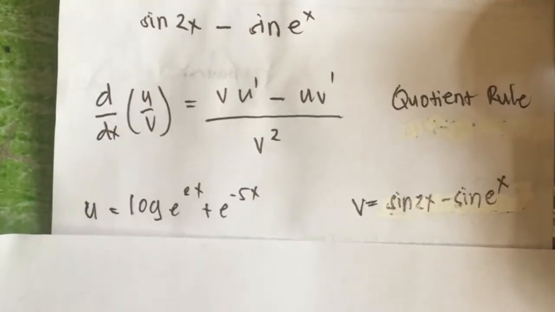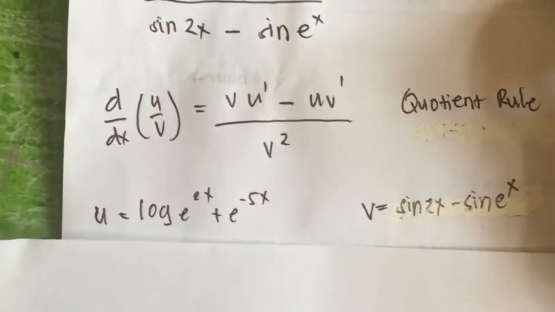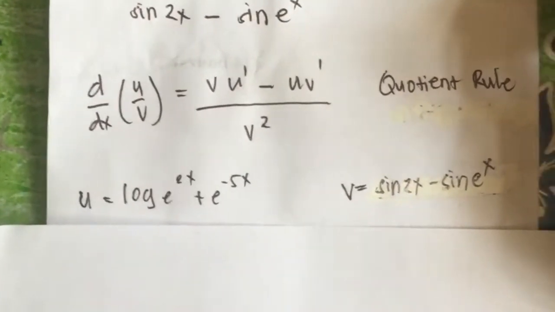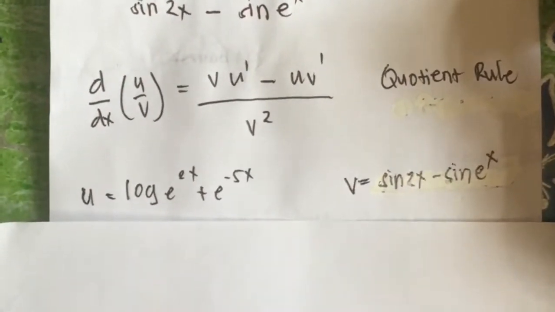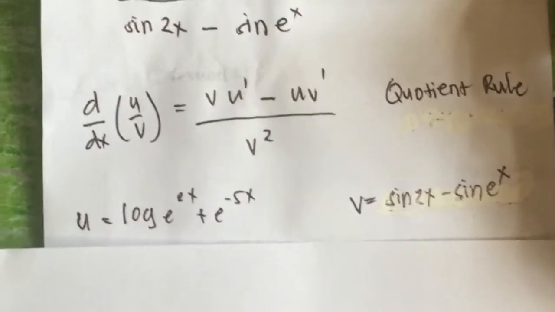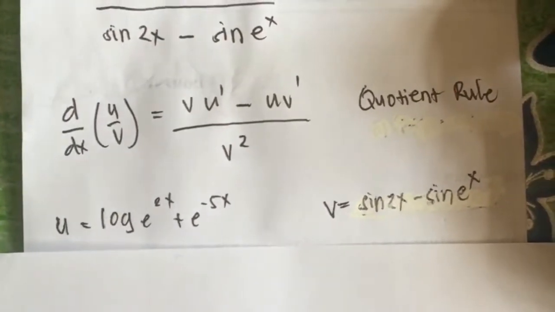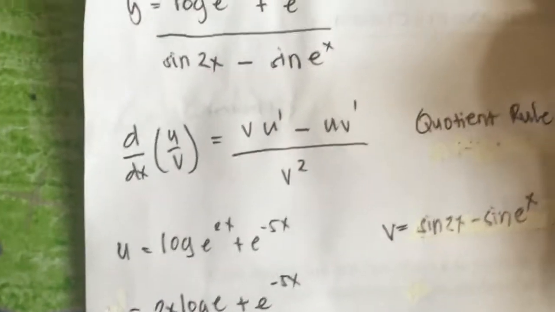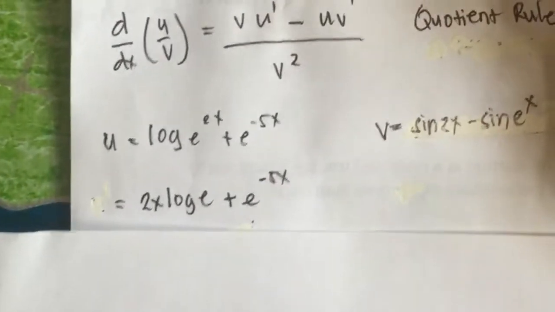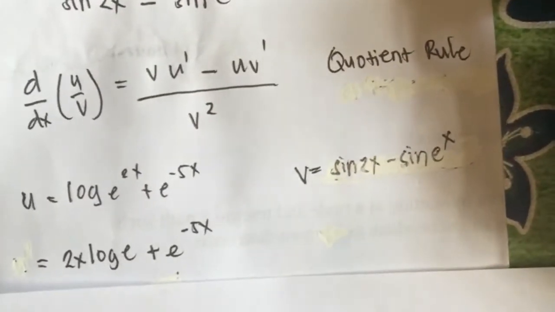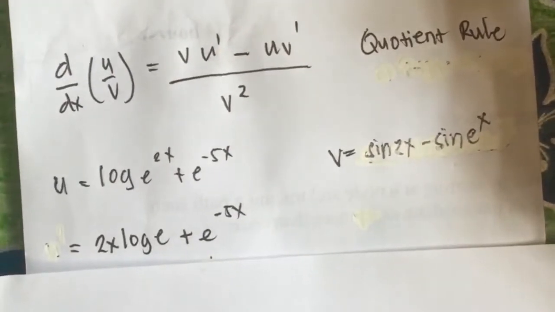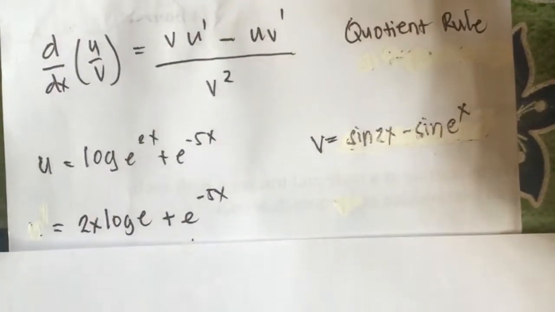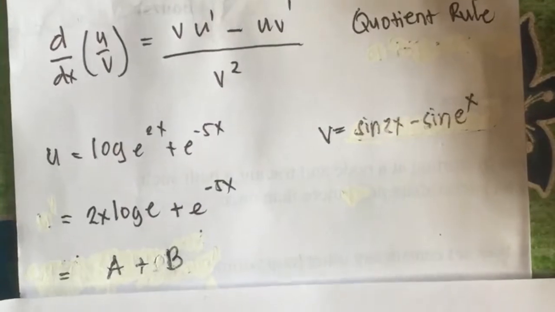U is in the numerator and v is the denominator, which is u is log e power of 2x plus e power of negative 5x, and v is equals sine 2x minus sine power of x. So now we will differentiate first the u, but first let's rewrite the log as 2x log e plus e to the power of negative 5x, and then we can represent both of these differentiations. We can represent a plus b. First, let's